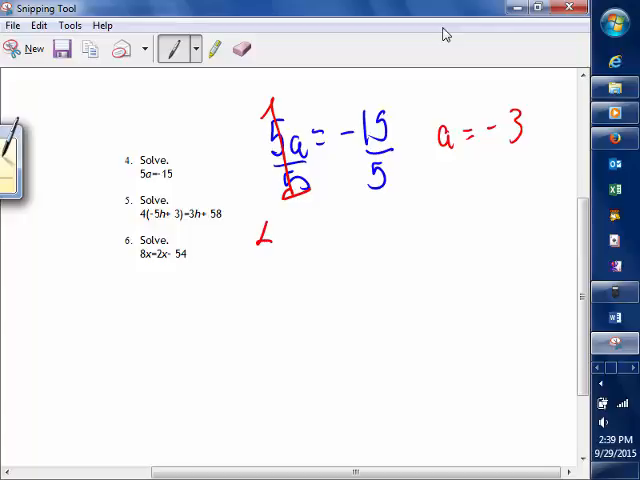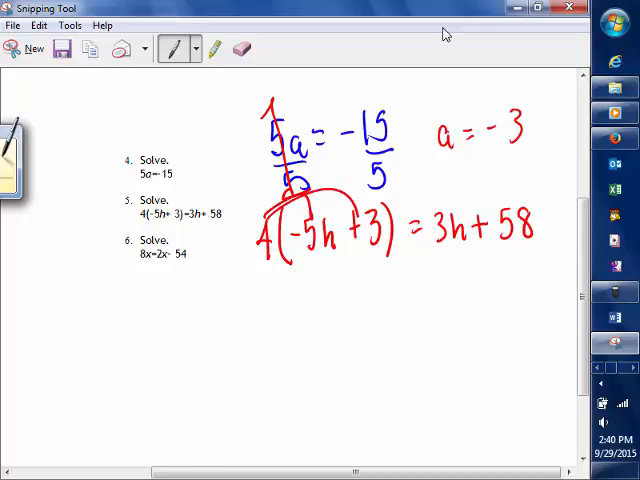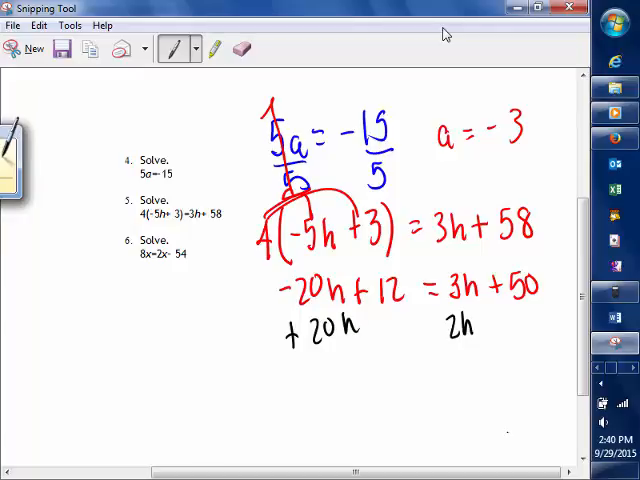Next one, 4 times negative 5h plus 3 equals 3h plus 58. Distribute the parentheses first, that's the first step, and you get negative 20h plus 12. There's no like terms, so we're going to get the variables all on the same side, so add 20h to each side, and you get 12 is 23h